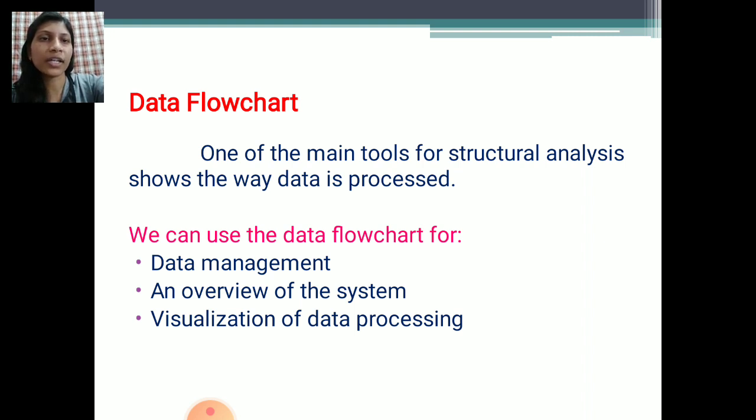We can use the data flowchart for data management. To manage whatever data we are using, we use the data flowchart. It gives an overview of the system and visualization of data processing.